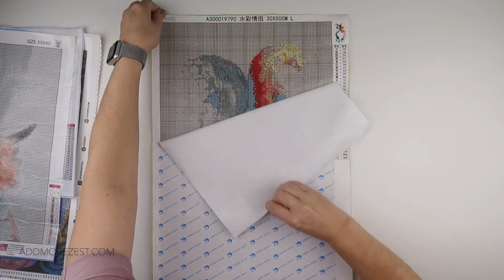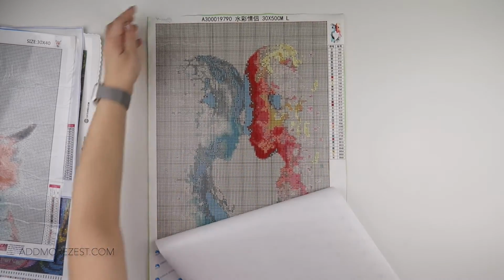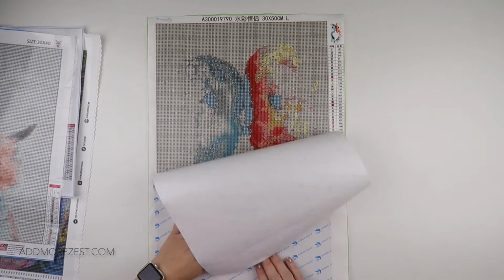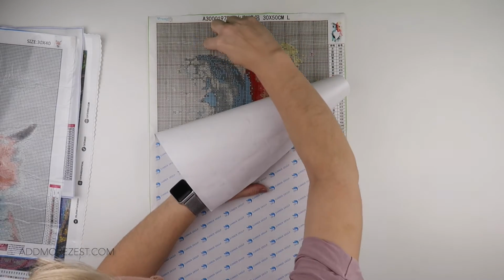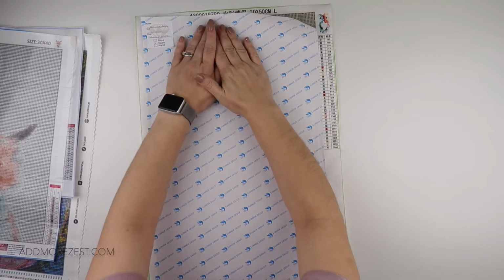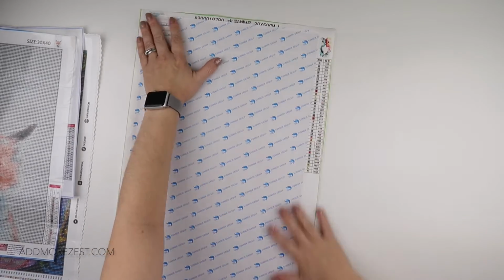I didn't want to try and wrap it back up again. So that is Love in Lockdown. There's going to be a lot of white with that one. There are a few rivers up here at the top, but hopefully I'll be able to just slice through them with a craft knife when it comes to it, and they'll be